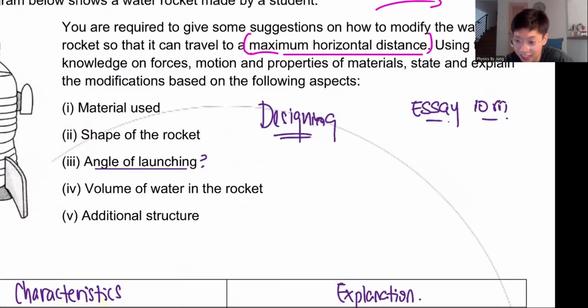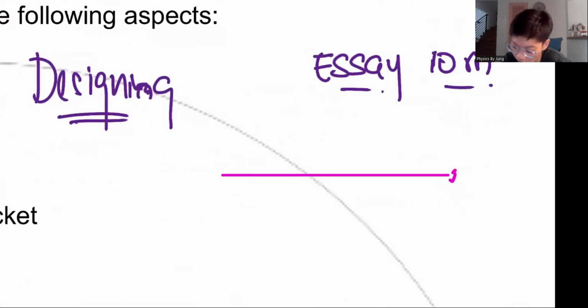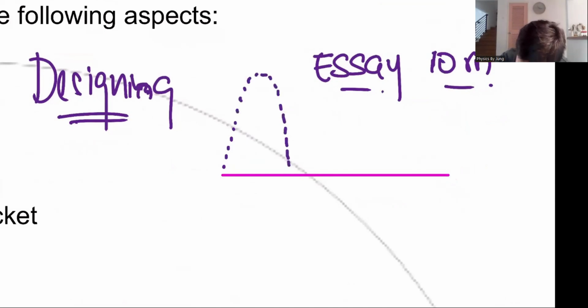The answer is, let me draw this out, because most people ask me, teacher, why? If you launch a rocket, or if you play Angry Birds and launch the bird out, if you put too high an angle, if let's say this angle is too high, what will happen is this thing will just go boom like that.